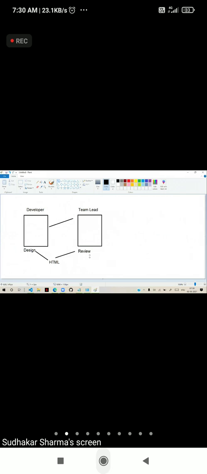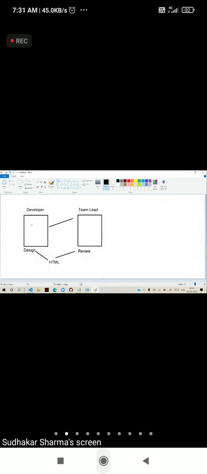In design, you will prepare everything. In review, maybe the review team will verify whether everything you defined is according to the requirement or not. If anything is missing, they will highlight that and send it back to you.